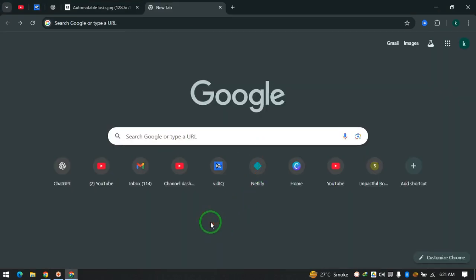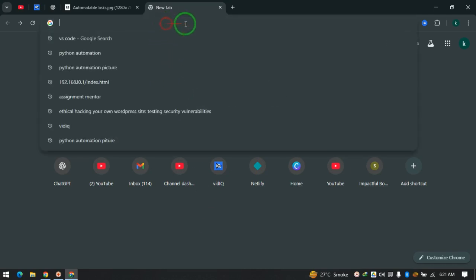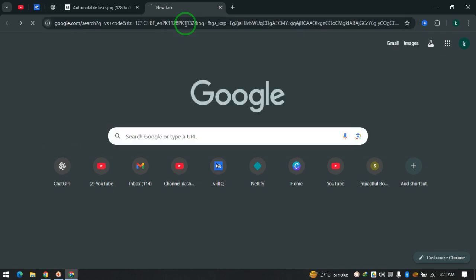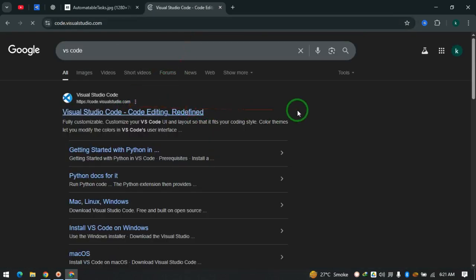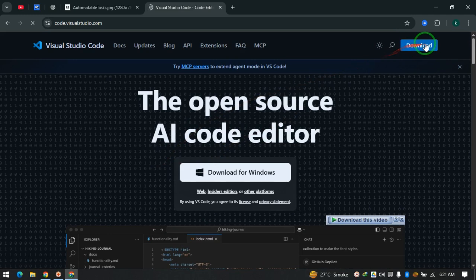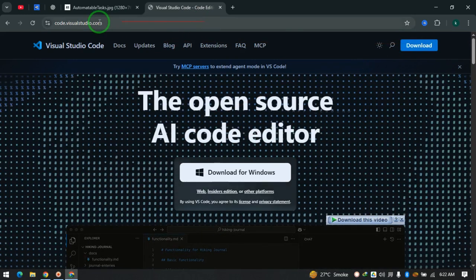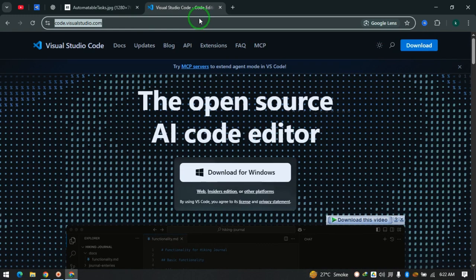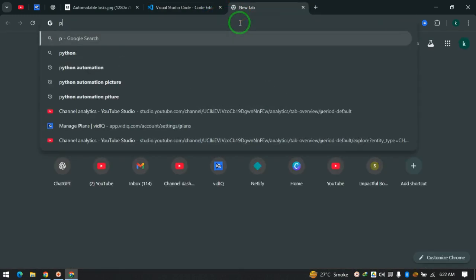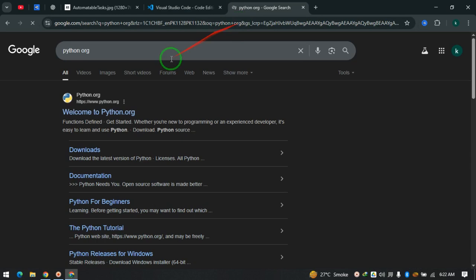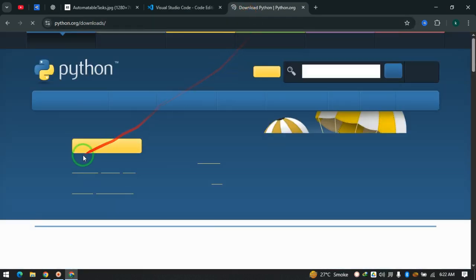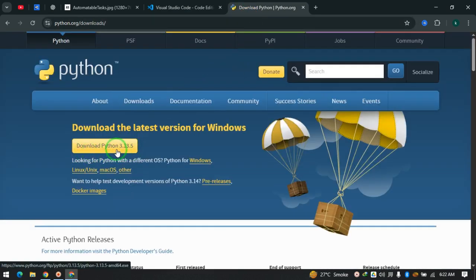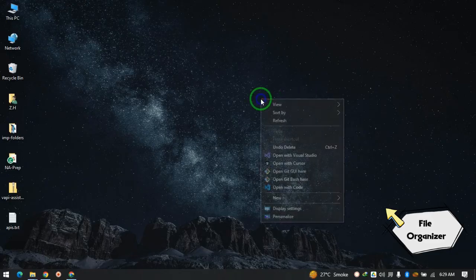Okay, so there are two must-have applications that you should have for automating your task. First of all, you should have VS Code, Visual Studio Code application, which you can get from here on the Visual Studio Code website. And the second thing you must have is Python, which you can download from here. I'm not gonna explain how to download. You can simply download. Without wasting our time, let's go to our VS Code and